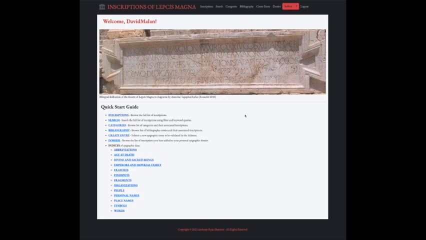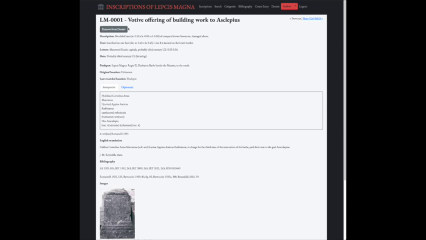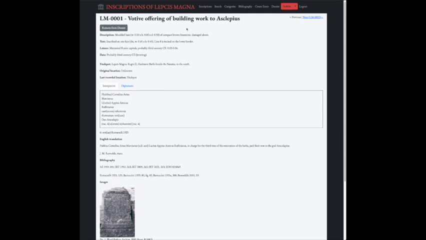So let's just go ahead and dive in. I've already logged in as David. So let's go first to the inscriptions just to see how they're laid out. Each inscription has one of these cards with the title and the thumbnail. And when you click on it, you're brought to this inscription view, which displays some vital information for each of